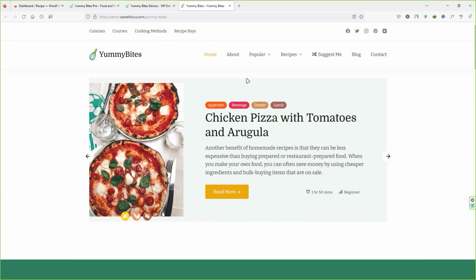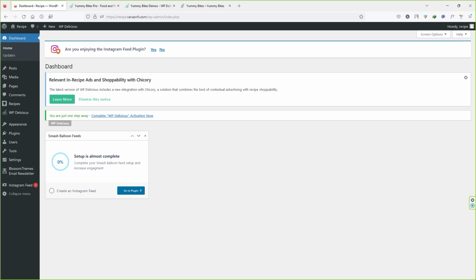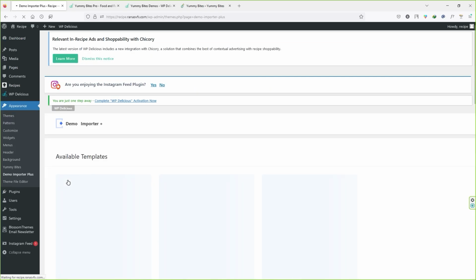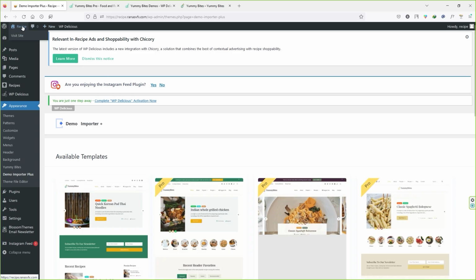In order to import this dummy site, go back to your dashboard. Here, hover your mouse over Appearance and scroll down. You can see we have the Demo Importer Plus. Select that. But before we import the demo templates, let me show you what the site looks like before importing